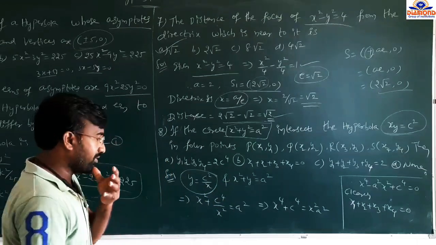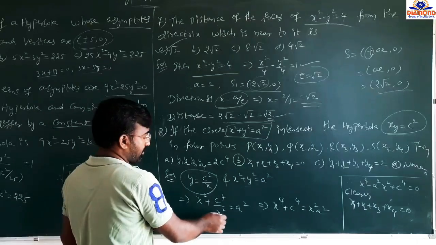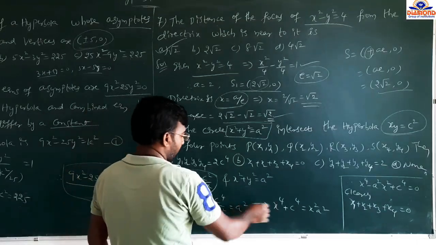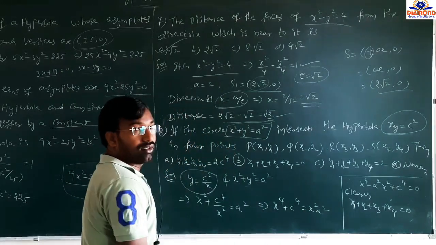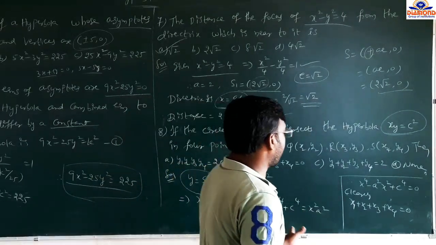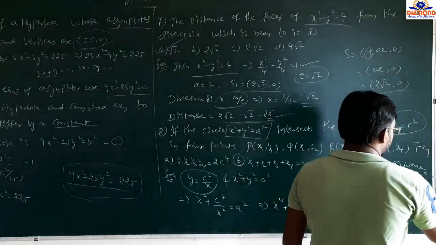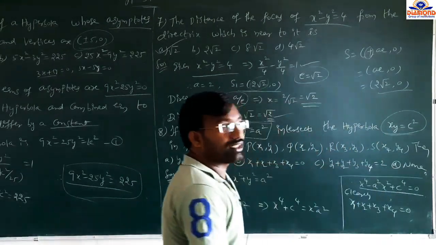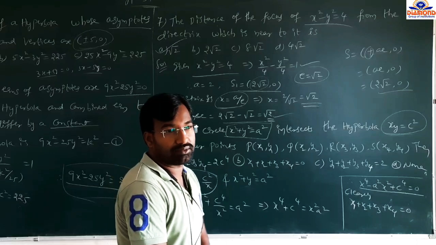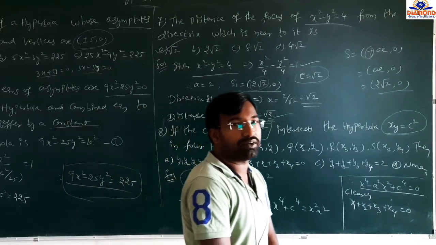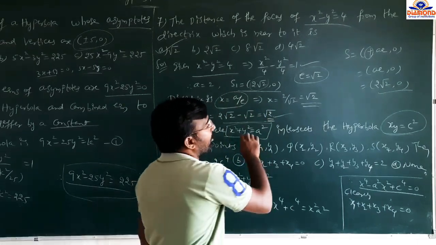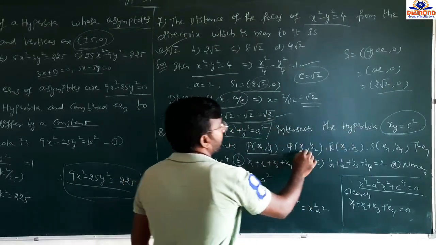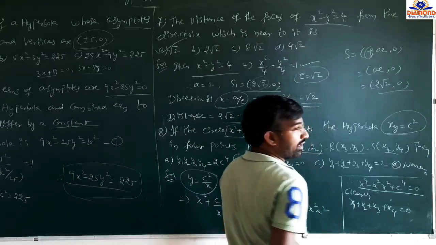So LCM is here x square. So x square into x square, x power 4 plus c power 4 equal to a square into x square. So this term being this side, what you get? x power 4 minus a square x square plus c power 4 equal to 0, which is a biquadratic equation in x. Biquadratic equation, so power 4. So here how many points? The circle and hyperbola intersecting at 4 points. So this is a biquadratic equation you got.